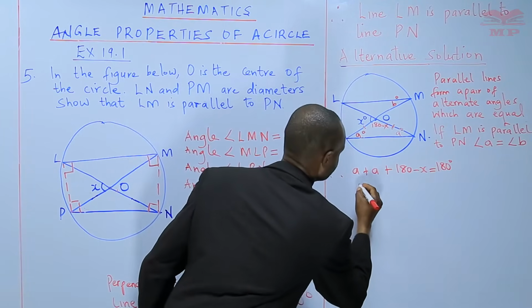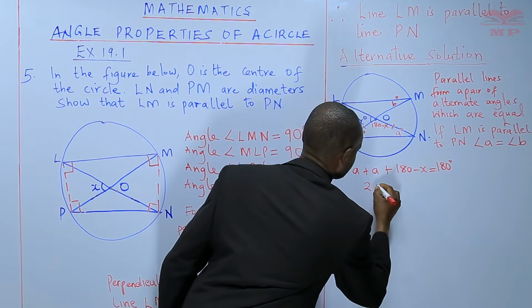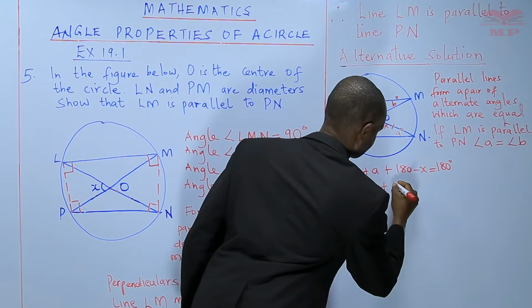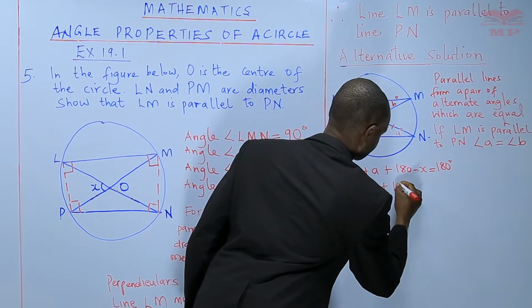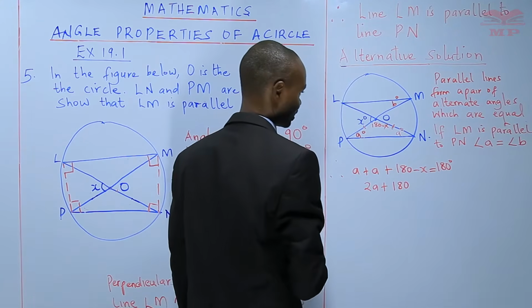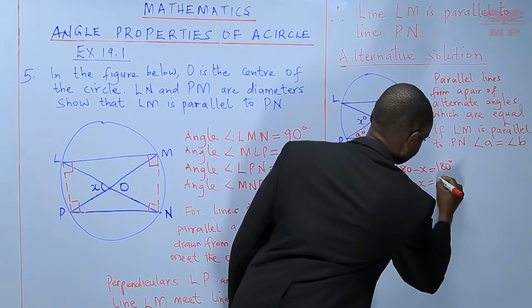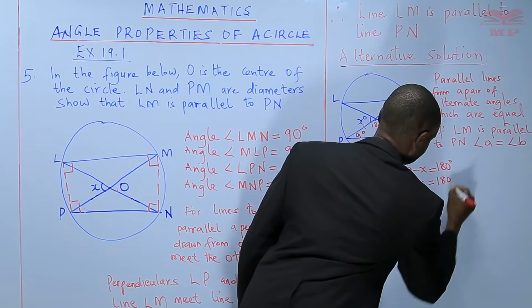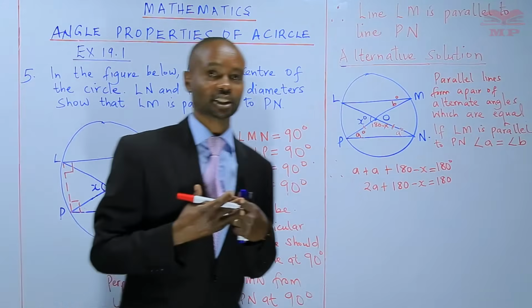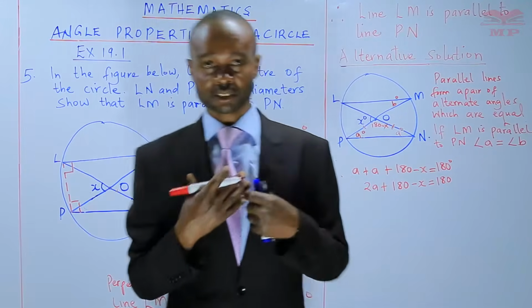A plus A, we'll get 2A, plus 180 minus x is equal to 180. Since I'm only interested in the value of A,